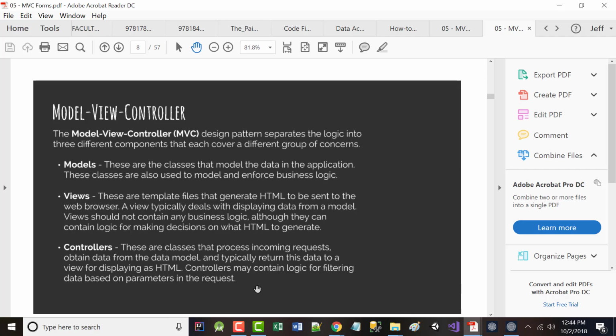Controllers may contain logic for filtering data based on parameters in the request. We've looked at this a little bit. We're going to get into it in more detail. For instance,